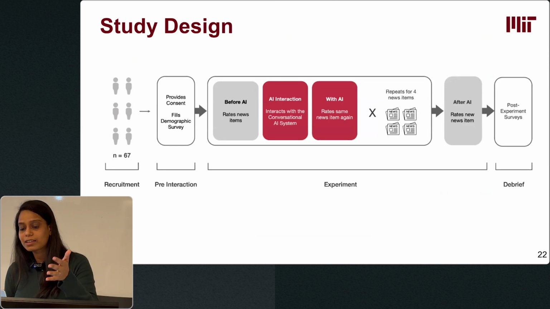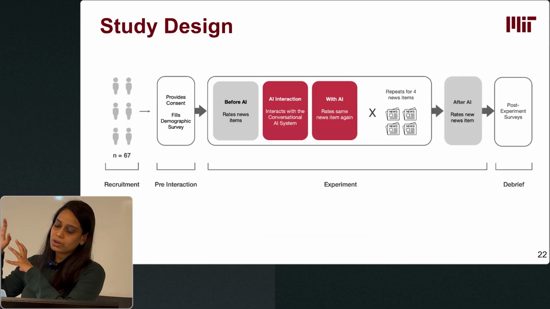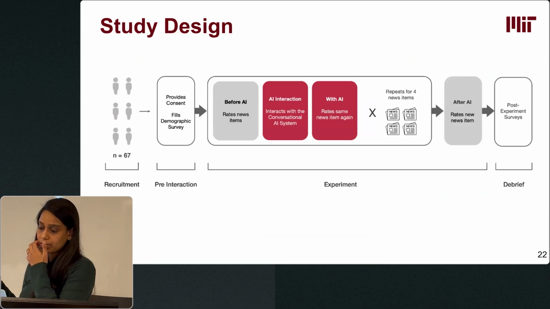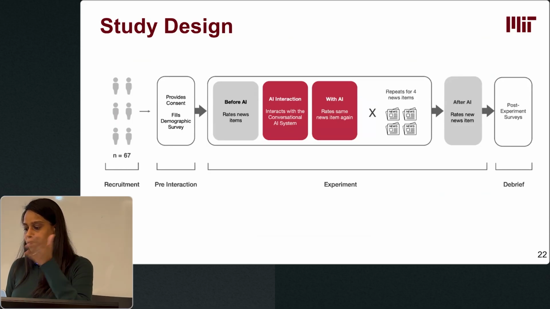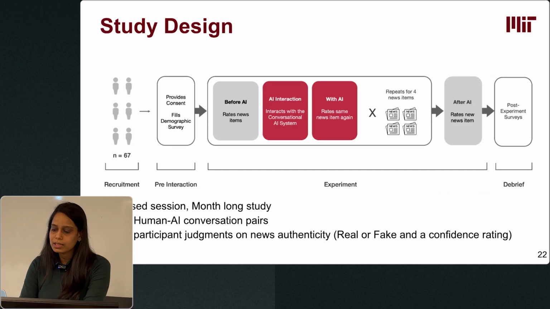How human studies are conducted is people are recruited, they provide consent, they fill a demographic survey, and then they rate, seeing a bunch of news items, whether they feel that's real or fake. They then interact with the persuasive AI and then rate the news item again. And we collect ratings on their learning before and after, and they fill some experiment surveys. This went for 3 phases in a month, and we collected 7,203 human-AI conversation pairs and 45,036 participants'